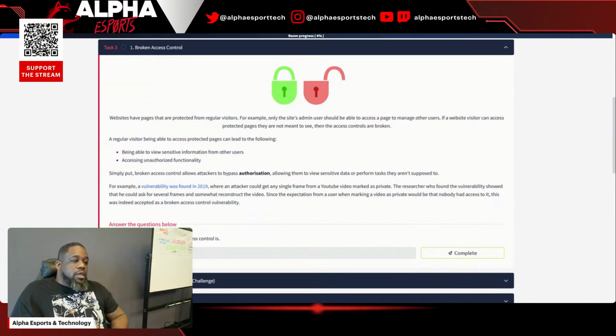Broken access control is basically a way that users bypass your authentication and authorization. So if you're a regular user and you find a broken access control vulnerability, you might have access as a power user or as an admin, because now you're able to access things you weren't supposed to. They gave an example about a vulnerability that was found in 2009, where an attacker could get any